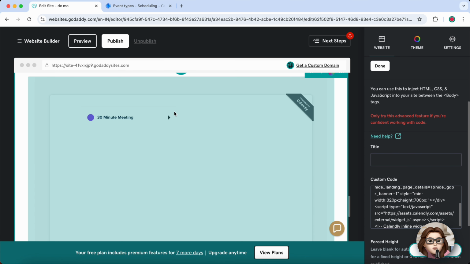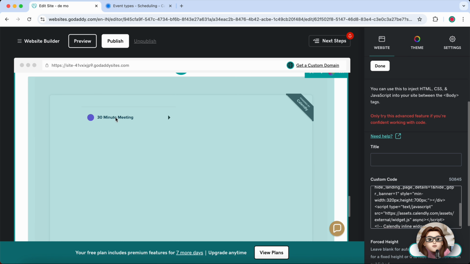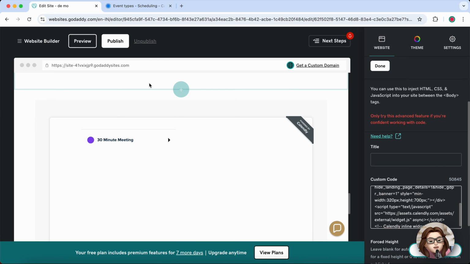Once everything looks good, save your changes and preview the page to make sure the scheduler works correctly. If you're happy with it, click Publish so it goes live on your site. And that's it. Calendly is now fully integrated with your GoDaddy website, making it easier than ever for people to